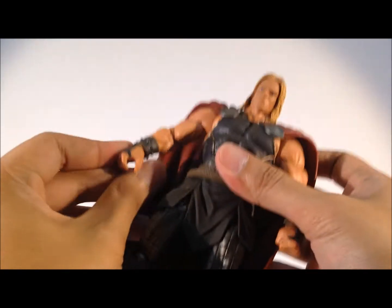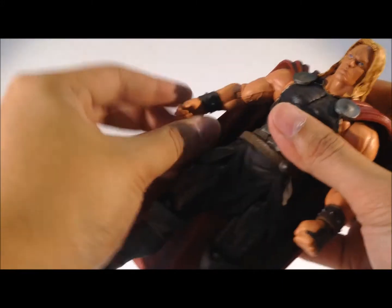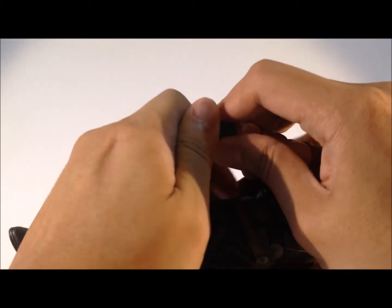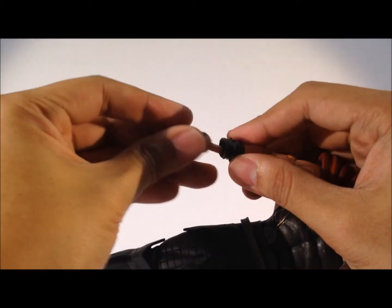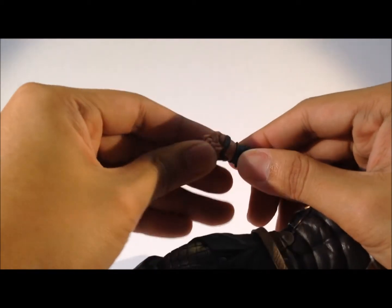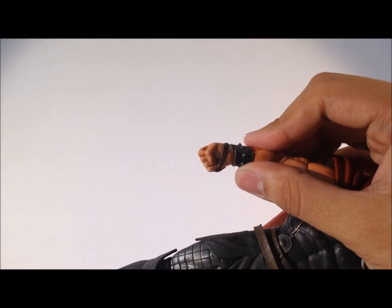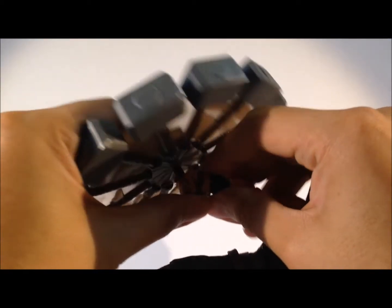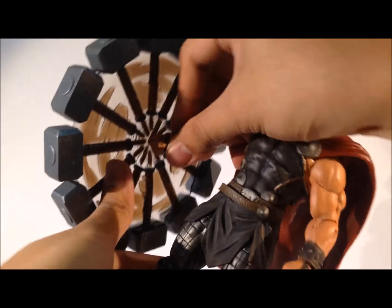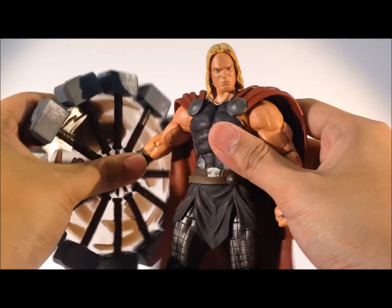Now, of course, I am going to replace his hand right here with his alternative hand. What you're gonna do is pop it off like so. And you just have to put that in, which fits perfectly. What you're gonna do is fit this peg into his hand right there, which is very, very tight. You can hear that sound, it is super tight. And of course, there you go. Thor with his